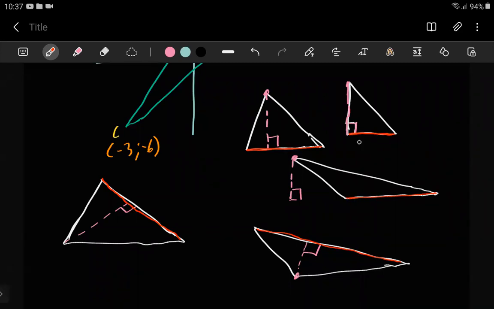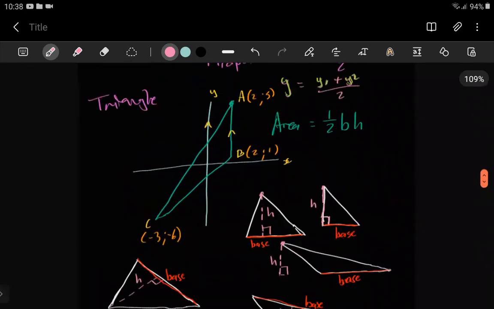Okay, I see it. Let's just put base, and then base, and then the other one you can put height, height, height. There you go. So now with our green triangle here, you would need to be strategic about it,